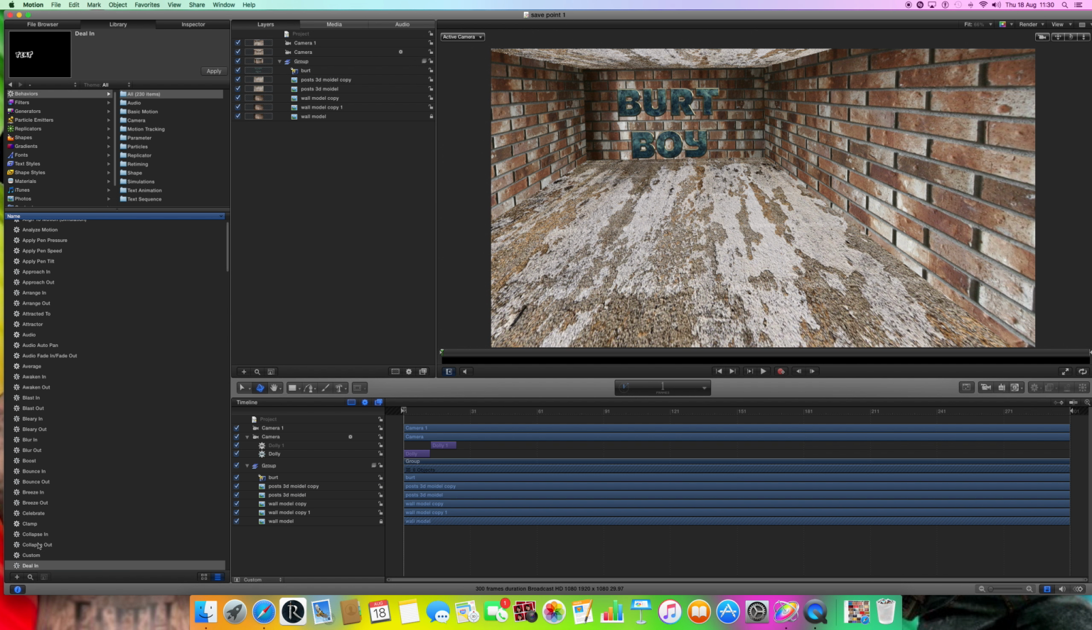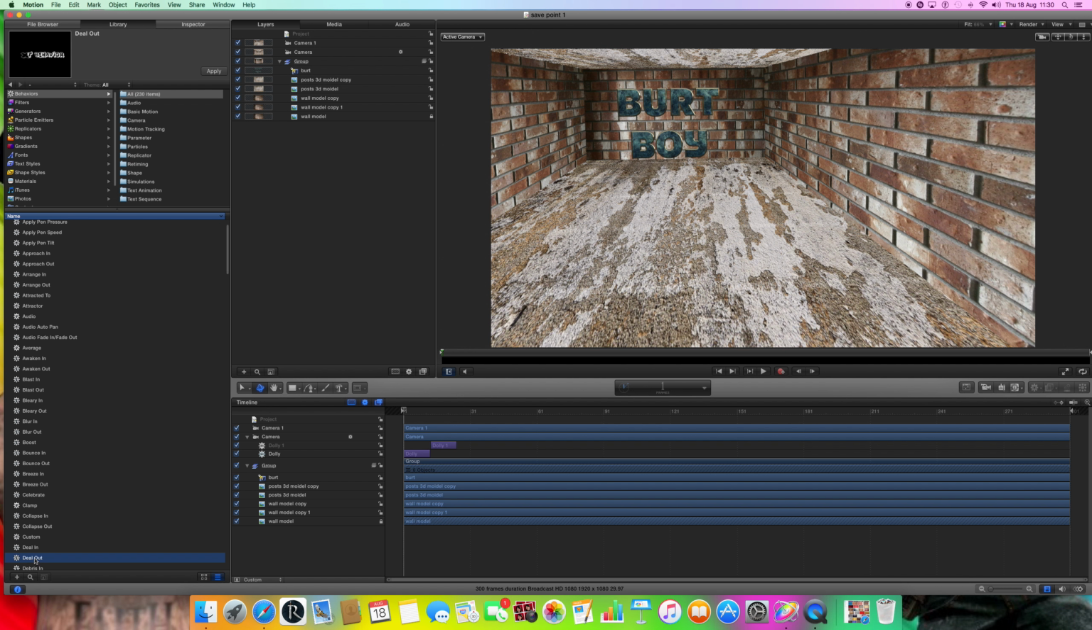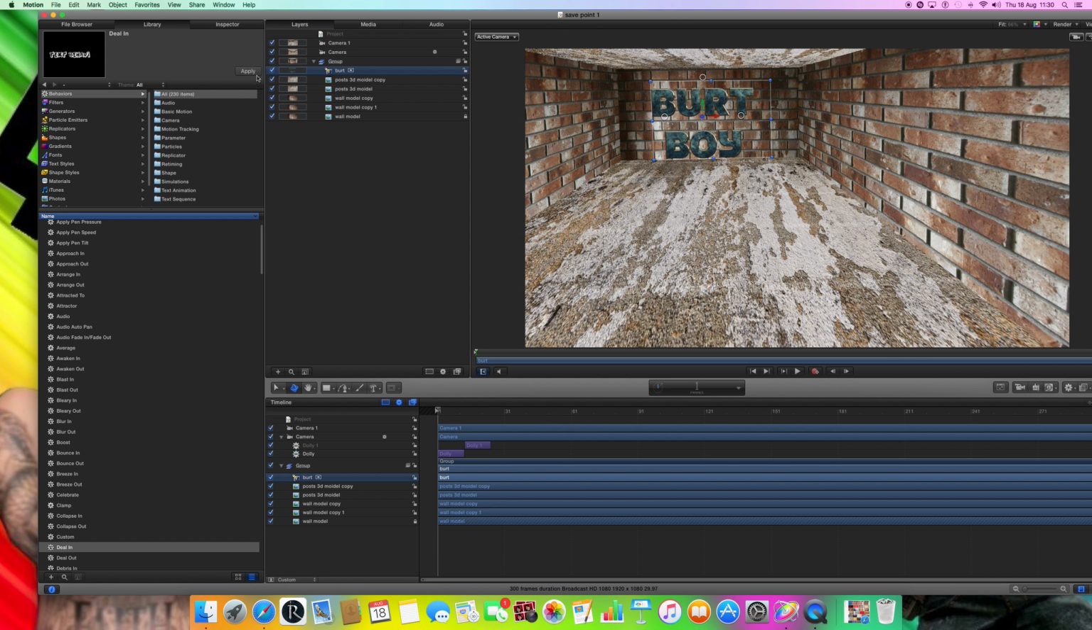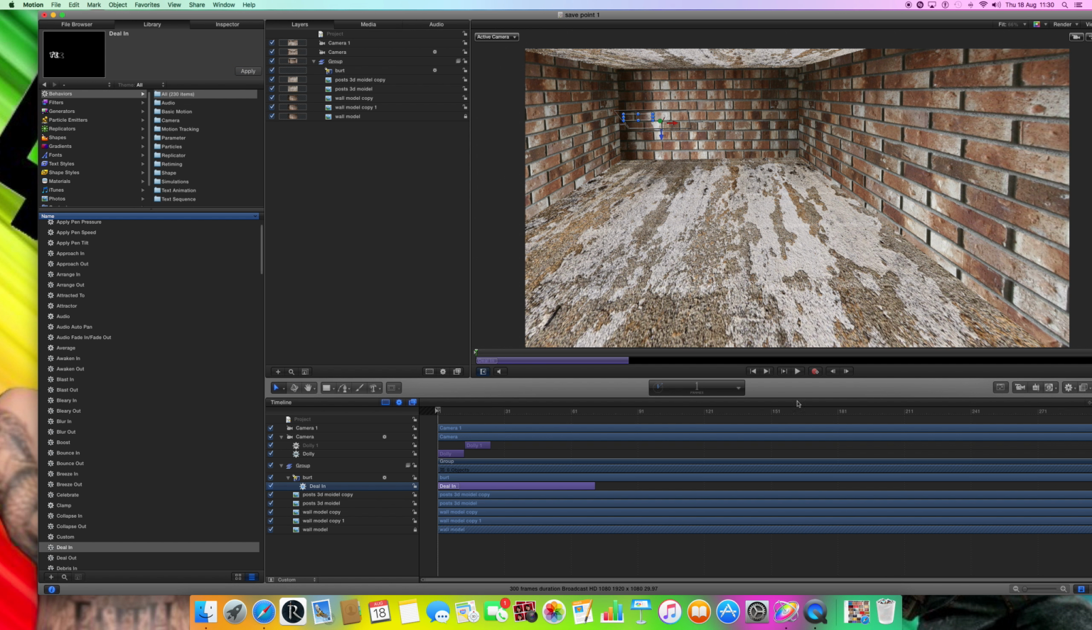Now, if it bugs out like it is right now, some things don't apply, because what it does is the software is trying to figure out will it work with this particular thing, and also I've not actually clicked on anything. So what I'm going to do, I'll make sure I'm on the specific thing I want to add this behavior to. Click apply, and when I press play,